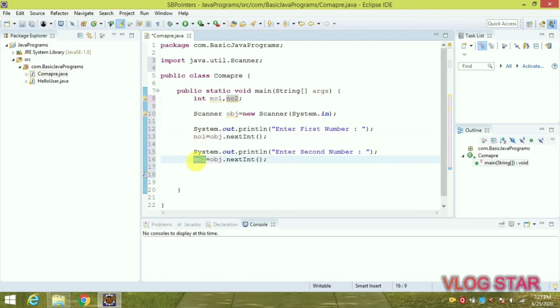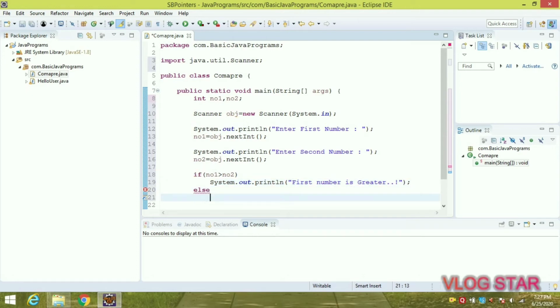Now we have to compare them. So I am using if and condition 1, which is number1 is greater than number2. Then it should print, within System.out.println, first number is greater. Else it will check for the next condition.